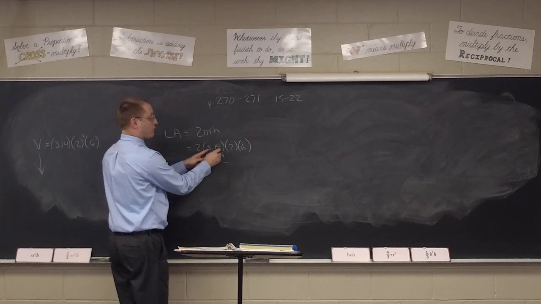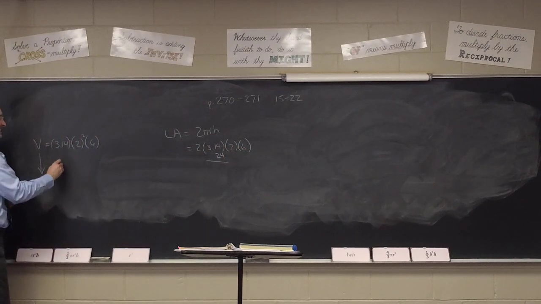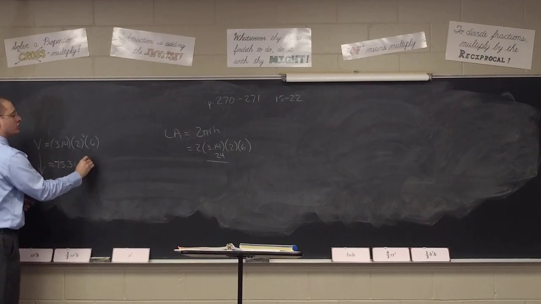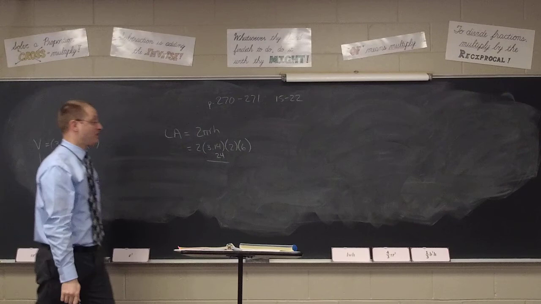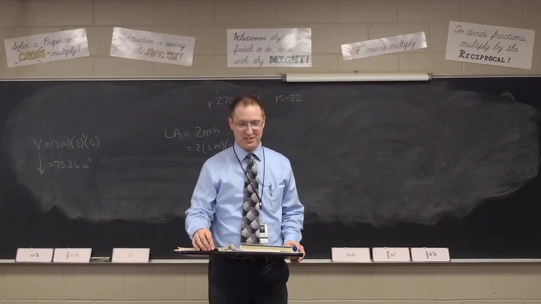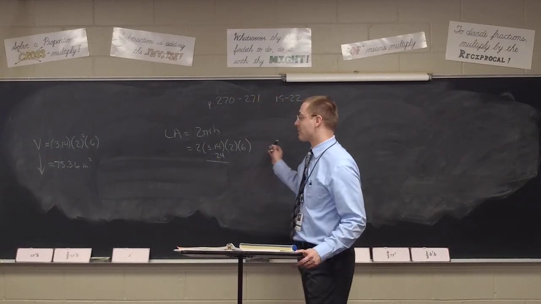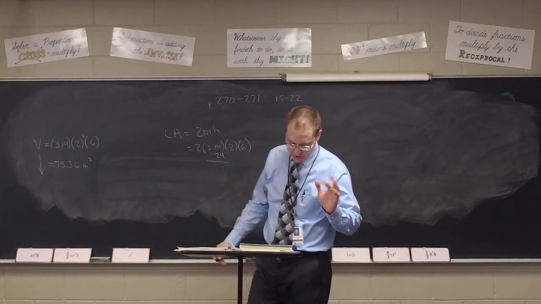Oh, you mean 3.14 times 2 times 2 times 6? It's going to come out the same, isn't it? Yeah, it does. 75.36 approximately, right? But this time it's going to be inches cubed because it's volume. So if you got the same numeric value, it just happened to work out that way. Did we get that for 17, A and B? I didn't even think of that. And so you save yourself some time and trouble if you notice little things that every now and then pop up.